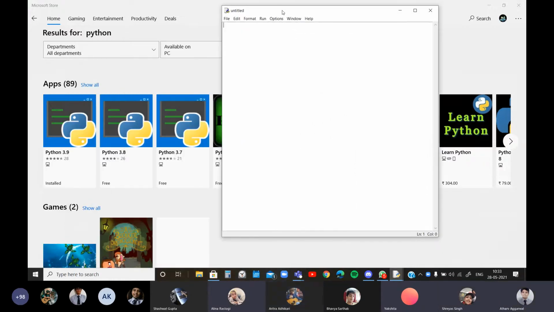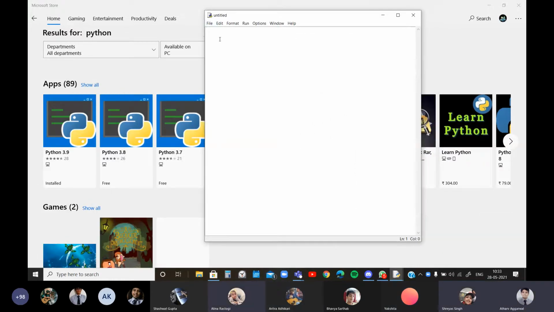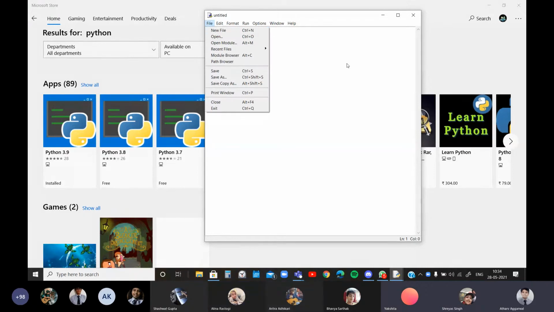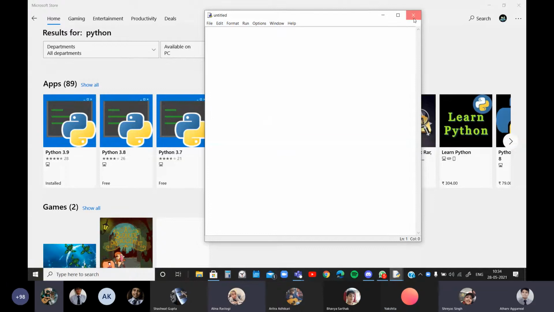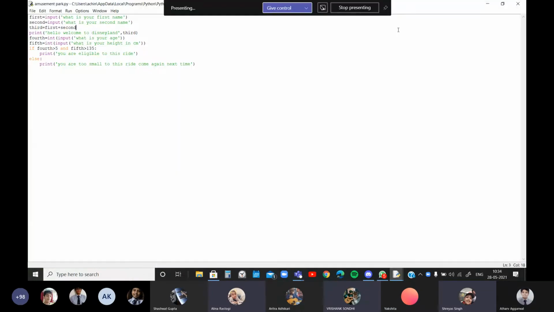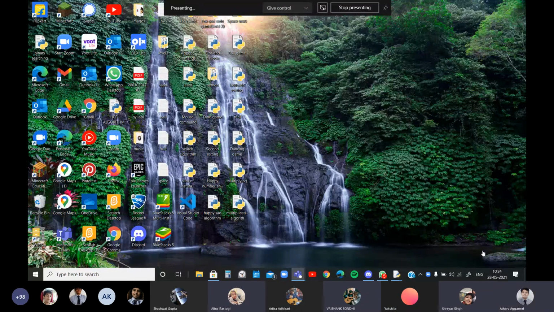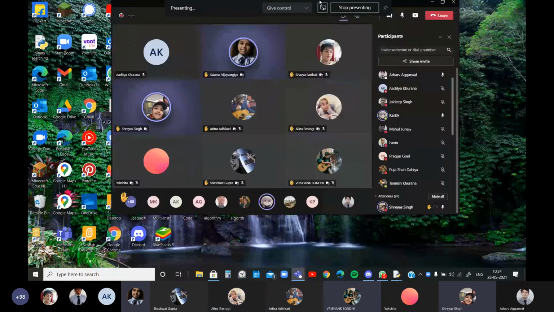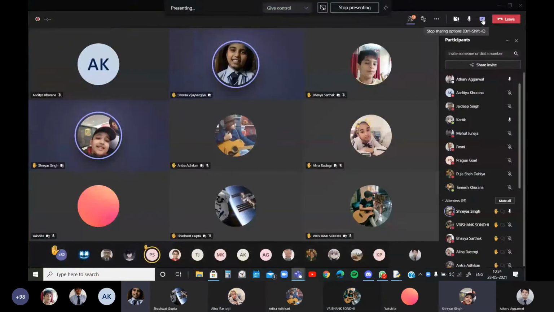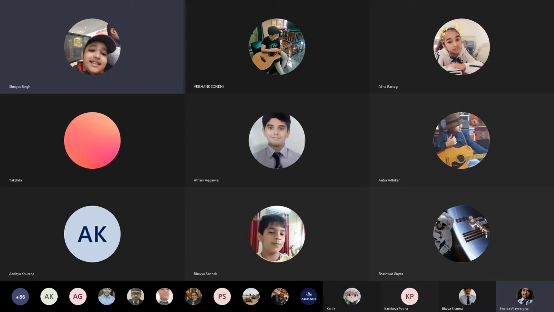So you just need this. It will come like this, or a shell. Just go to the file and add a new file. We have to download the Python or the Visual Code. Bhaiya, we have to download Python 3.9. Yes, Python. File, new file. The setup has failed.